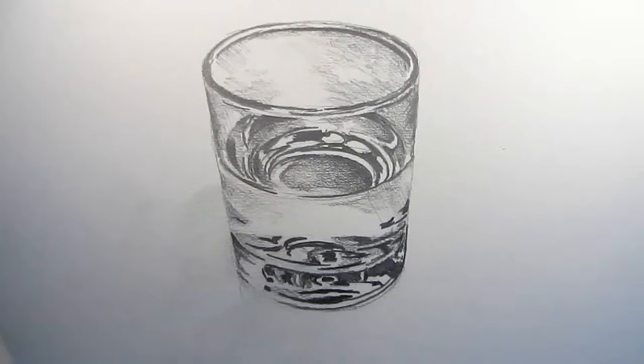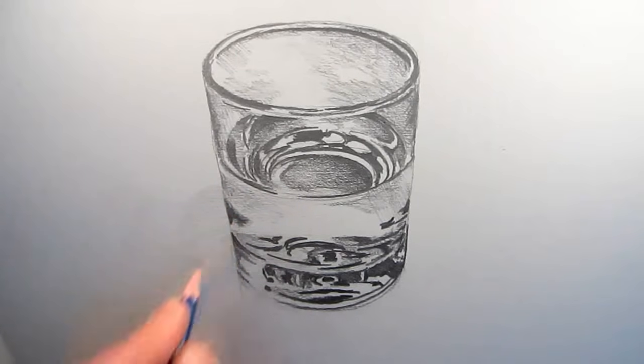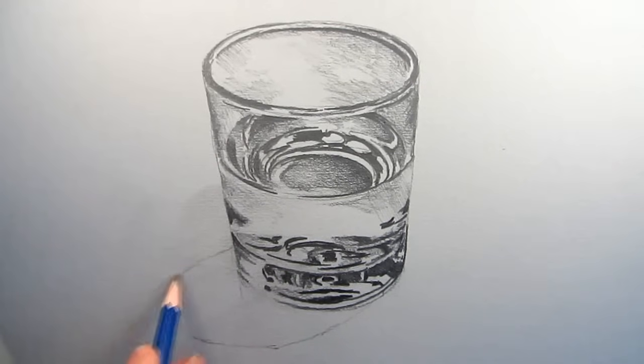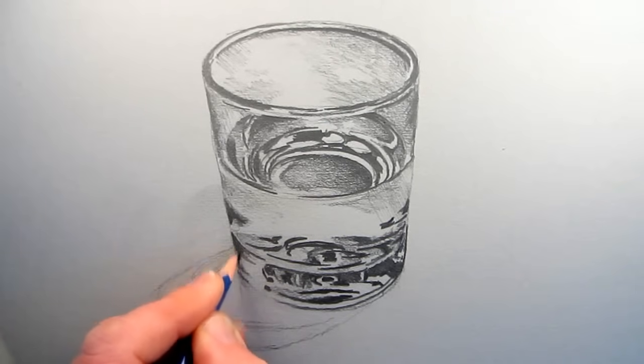So working down here, this is actually the part of the water which is most still, and there aren't really many shapes in that. So I think it's time to put in the shadow. Now the shadow, I'm using the same 4B pencil, and just blocking it in a sort of broken line which isn't too strong. And then I'm going to place the shadow in, and I need to look to see if the shadow is darker or lighter than the glass, and where it's darker or lighter. So this bit here is really dark of the glass, and then the shadow which goes next to it, I need to really